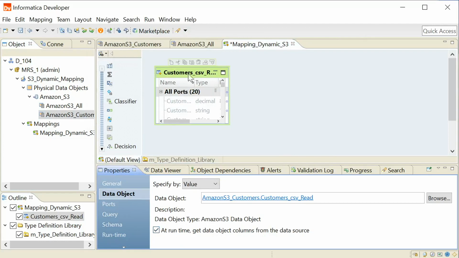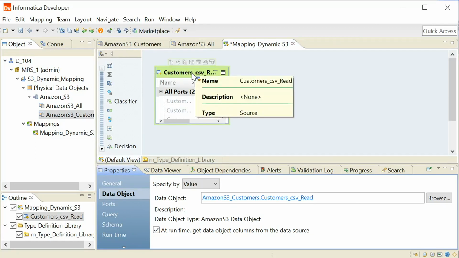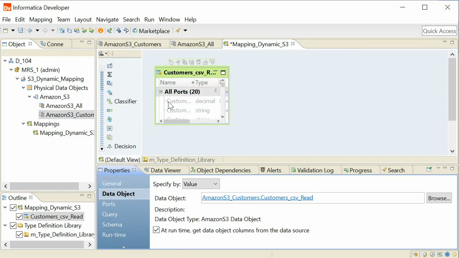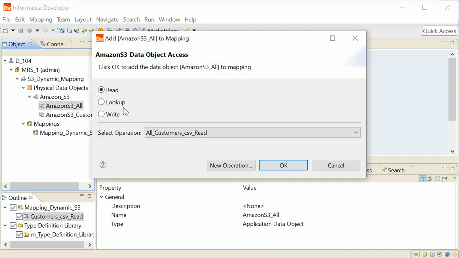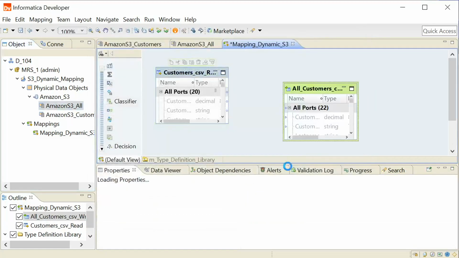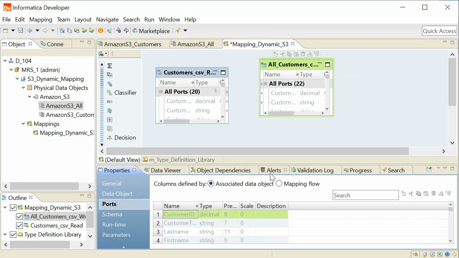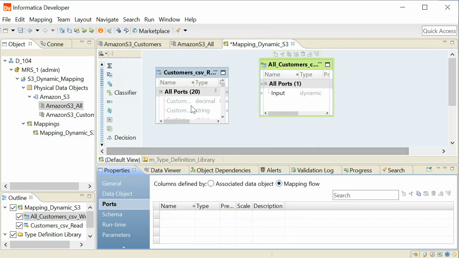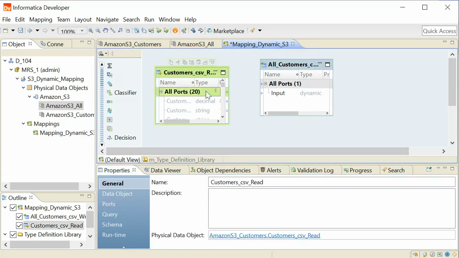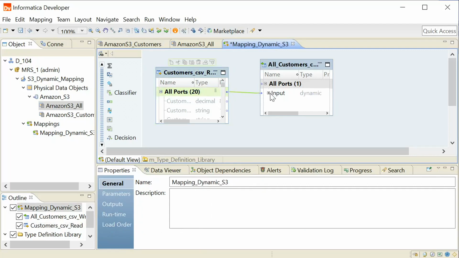If there's any change in this file at S3 level, that will be incorporated in the mapping at runtime. We'll use this as the target. For the target, we'll select the option columns defined by mapping flow. We'll select all the columns of the source and write them to the target.